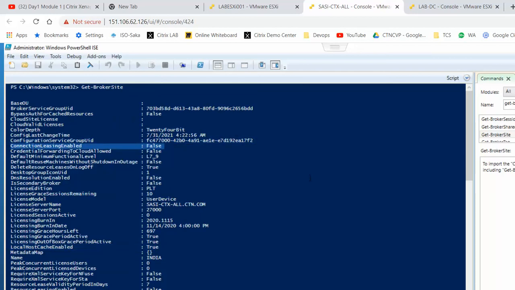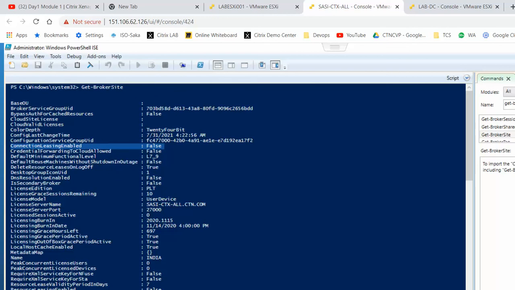Guys, when you are working on older environments like 7.0, 7.5, 7.6, 7.12, connection leasing is enabled by default, and Local Host Cache is not available. From 7.12 onwards, Citrix reintroduced Local Host Cache because connection leasing was not up to the mark. That means it was not performing well.